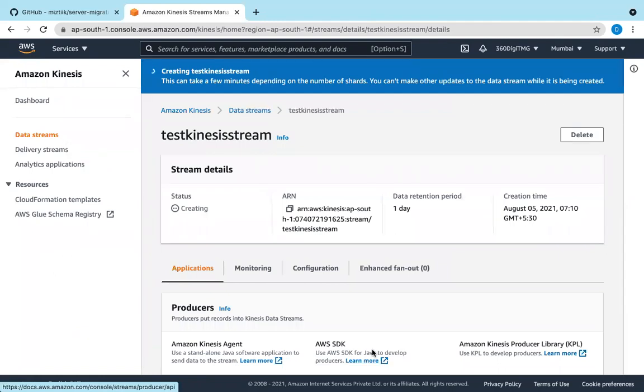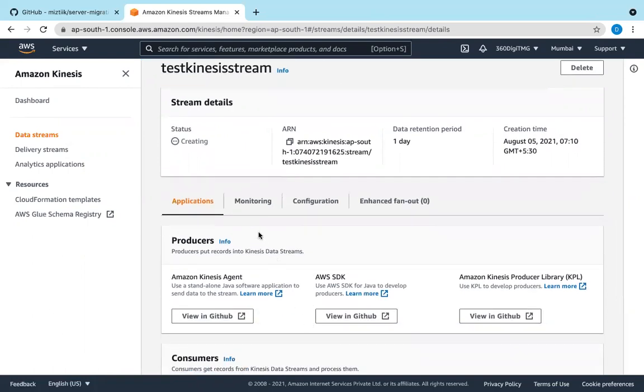Simple. And here you can see under Amazon Kinesis, you can add producers: Kinesis agents, which are Java software applications, the AWS SDK, and the Kinesis Producer Library.